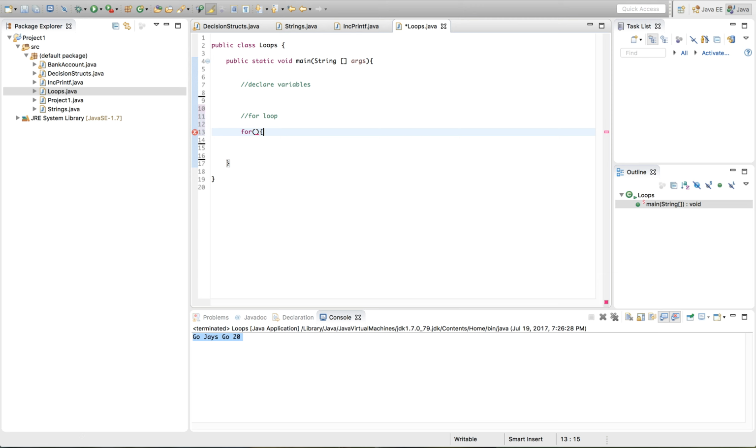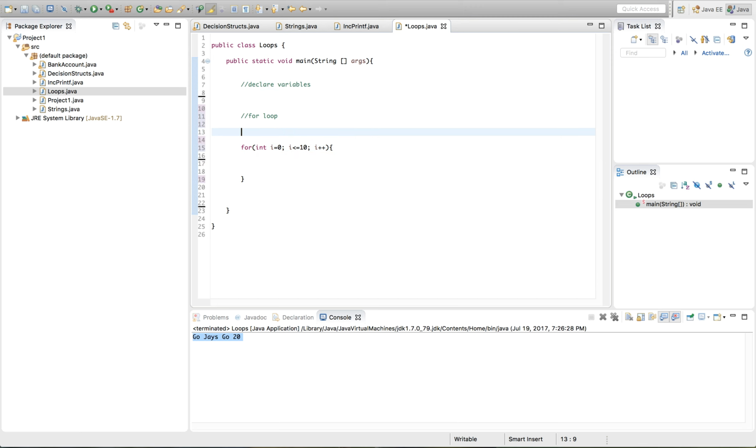So you have a for loop, and inside here you need three things. You need your counter variable, or I guess you could say your conditional variable. You're going to separate these with a semicolon. Then you're going to have your condition, so i is less than or equal to 10 again, and you're going to have your incrementer. So this takes care of all three of those conditions that we would have in a while loop,